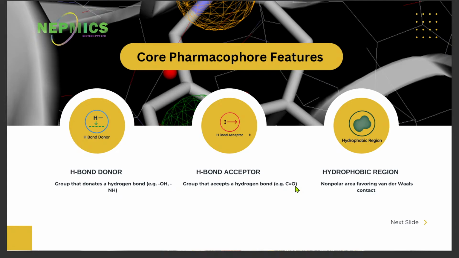You can say rotatable bond, number of rotatable bonds, and these are the things. And aromatic ring, number of rings present in a particular molecule. So these are the key features in pharmacophore. Like in case of hydrogen bond donor, you can see groups like OH group, NH